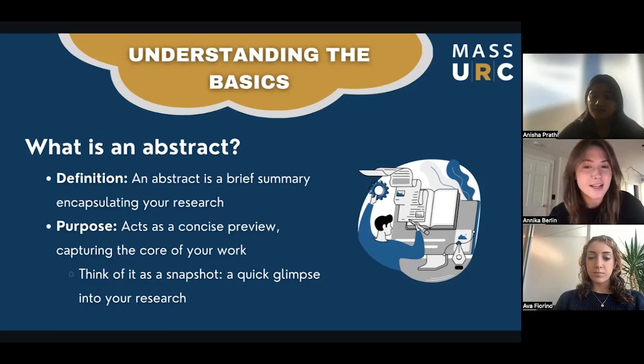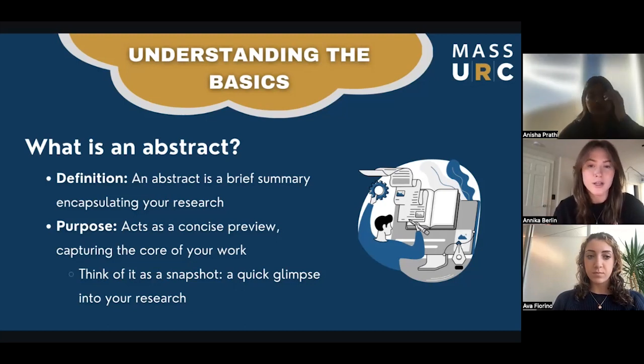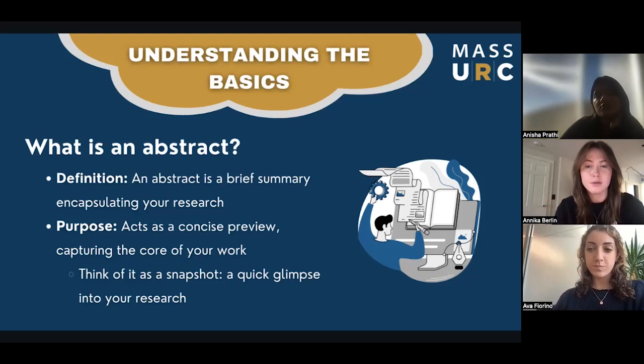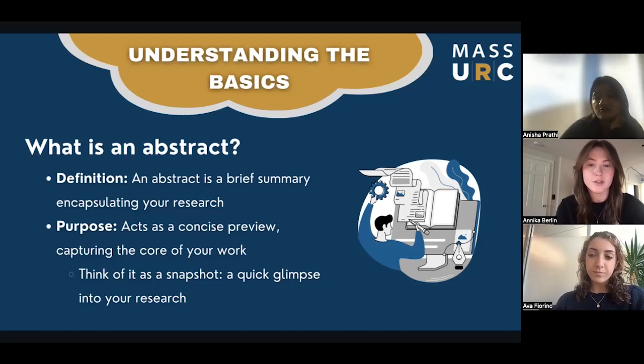To give you a little context, in the academic world, when people are researching a topic, or doing a lit review, they'll often just read research abstracts to get a sense of the research before actually downloading the PDF or paying for it or trying to read it further. So this determines if they want to download the full paper and dive into your research further. I say all that because you want to think about your abstract as an elevator pitch for your work.